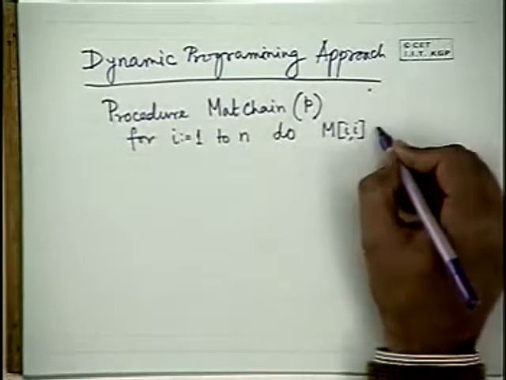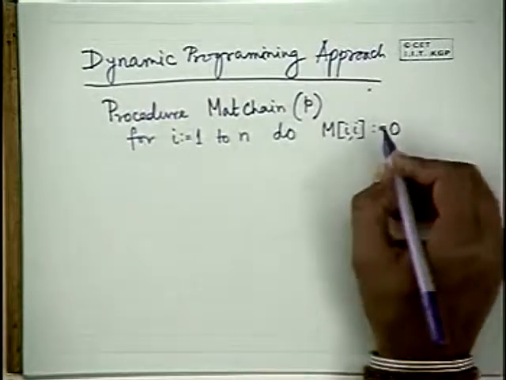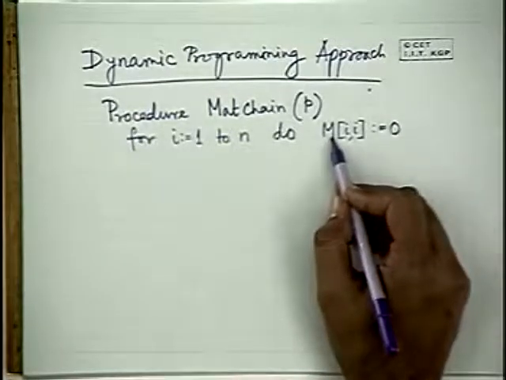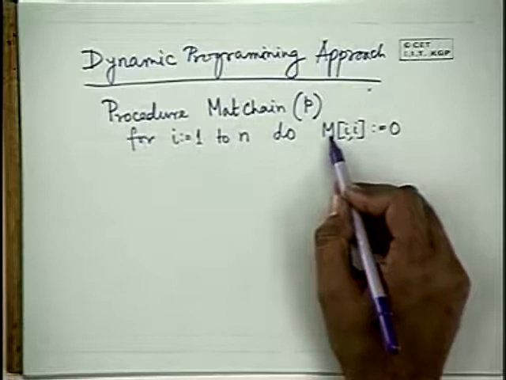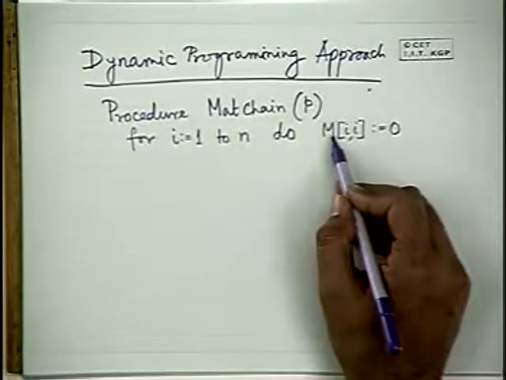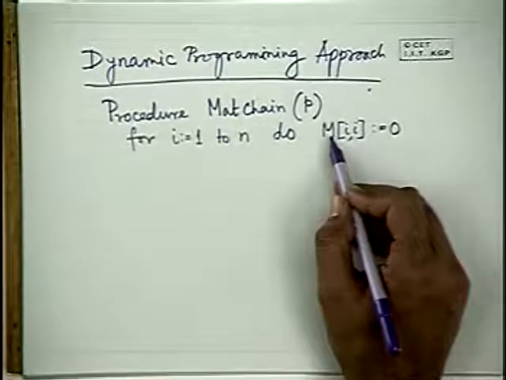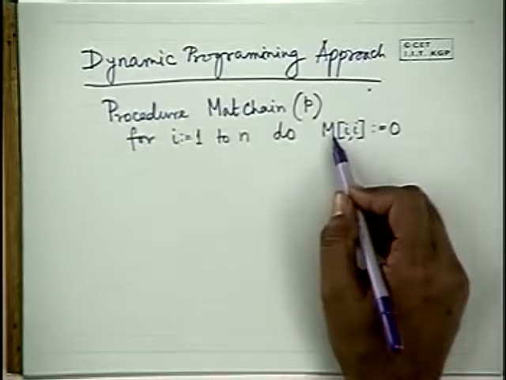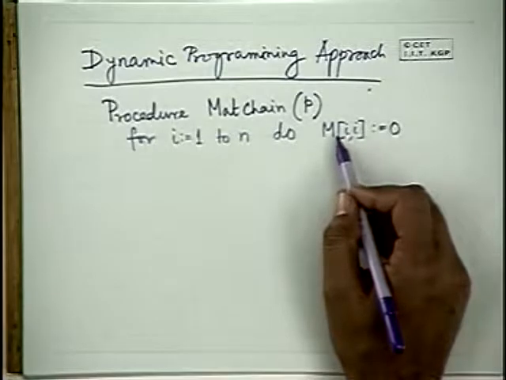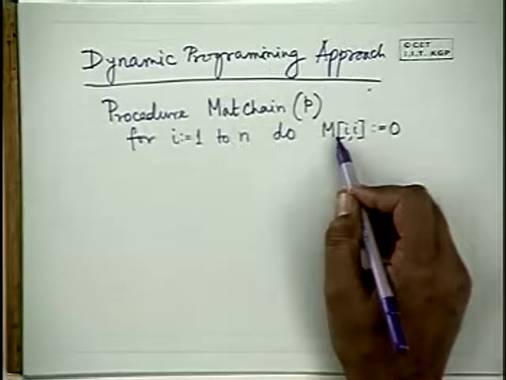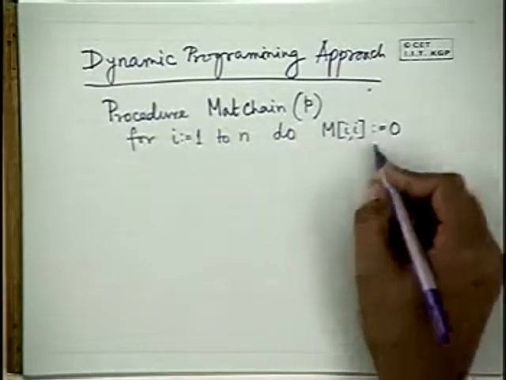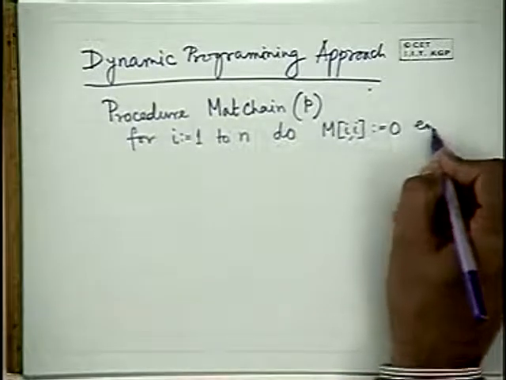and suddenly you can see previously this m was a function call. Now we are replacing this entire function call by a matrix. It's a two-dimensional array. I told you already that the intermediate results we need to keep somewhere so that we can use it again and again. So for keeping intermediate results we use a two-dimensional array where we keep all the results. This is the bookkeeping we are doing. So this is the initialization, this part.